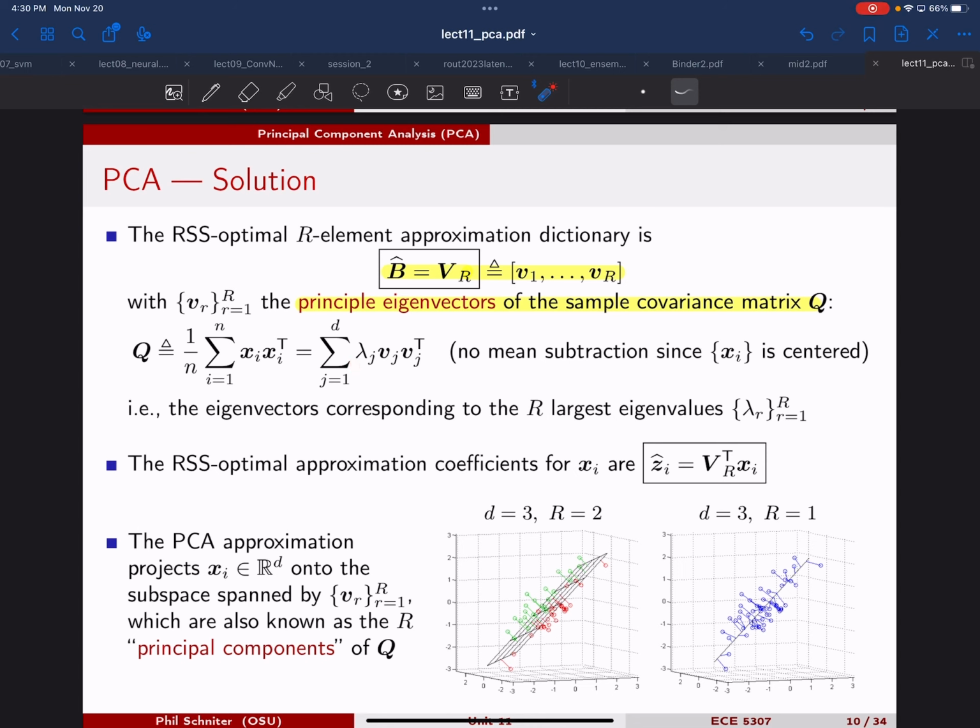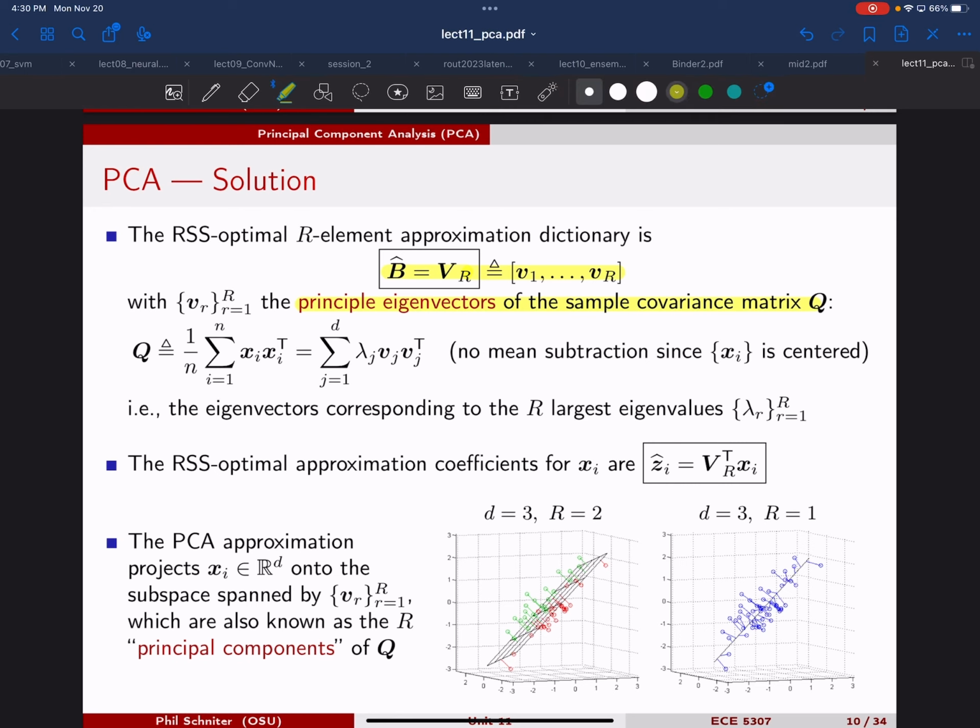So if we just focus on the R biggest lambda j, and we look at their respective vj's, that is what we're going to construct this matrix out of. So when we say the principal ones, they're the most important ones, the ones that correspond to the largest eigenvalues. So that's how we build B. And then